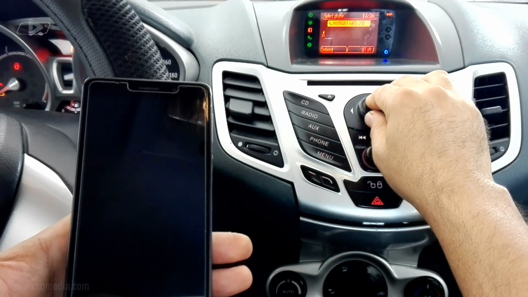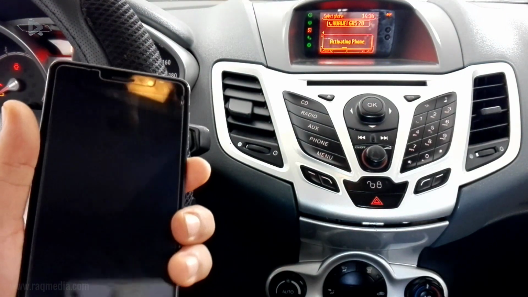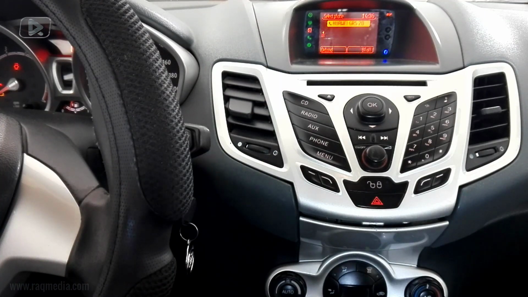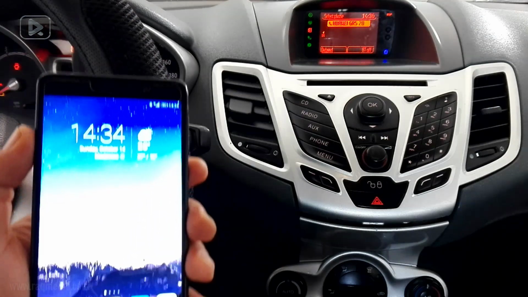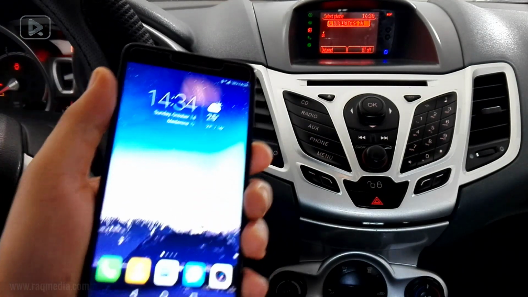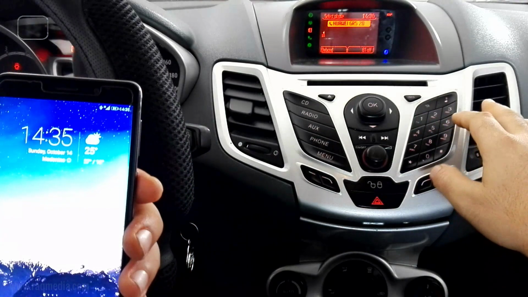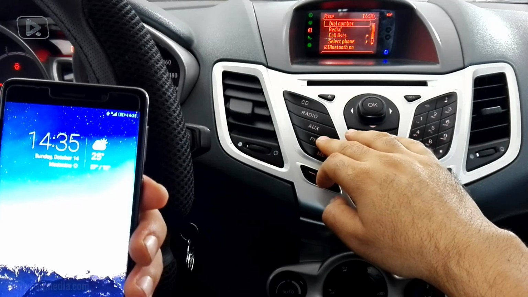This is our phone. So it can be selected, activating phone. Yes, as you can see, the phone is now synchronized and activated. You can turn it off, you can still use your repertoire. So let's head on to phone,